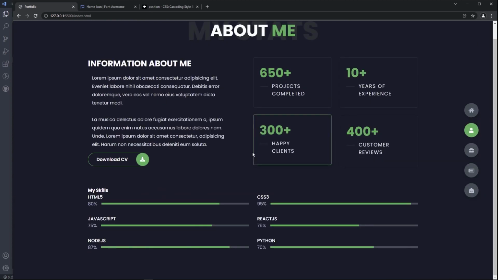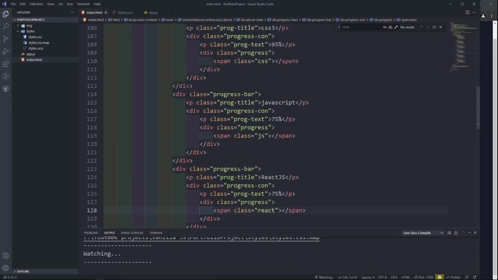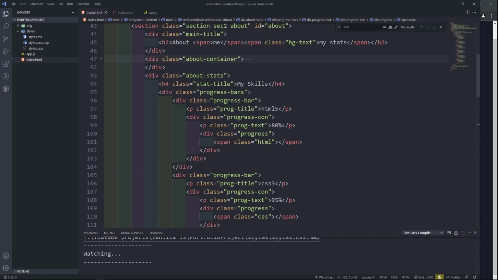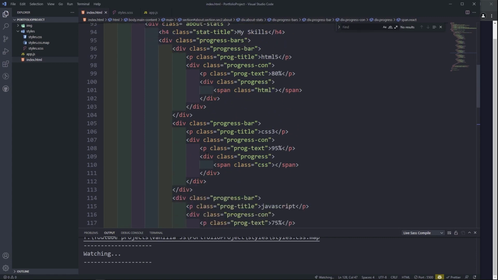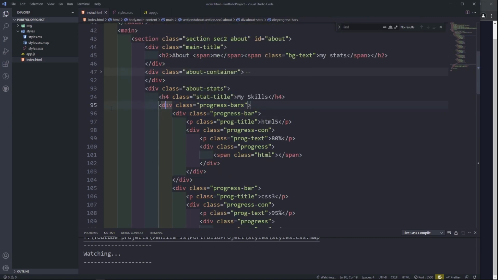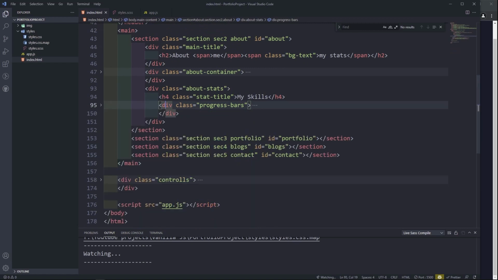So now, let's do this title here. What did we name this title? I'm going to collapse the progress bars so we see what we are looking for. So it's called stats. So it's actually stat title. Okay, so this stat title,